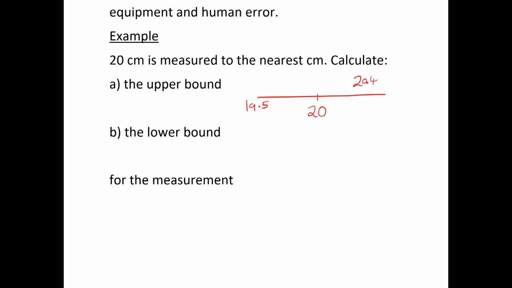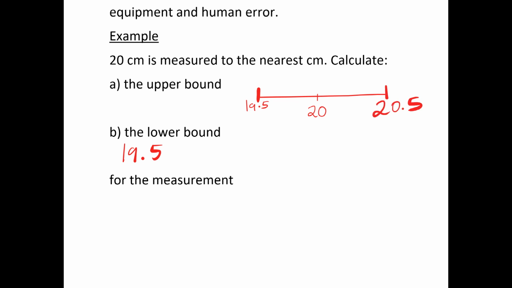So the smallest value we could have that would round to 20 would be 19.5, and we call that the lower bound. On the other hand, if we had, say, 20.4999, that would still round to 20 to the nearest centimeter, and we could add as many 9s as we wanted to, which means that we can get as close as we want to 20.5, and our value will still round down to 20. So because we can get as close as we want to 20.5, we actually say that the upper bound is